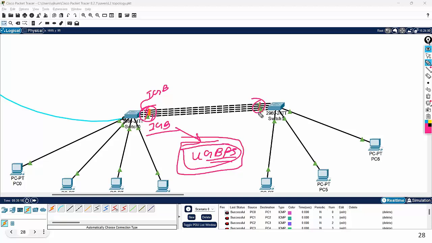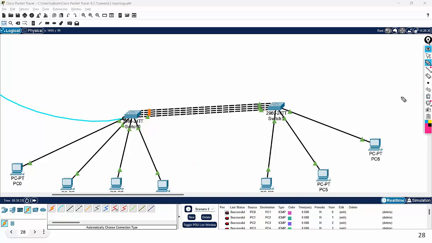I connected 4 cables from the same switch. But it does not happen because you can see there is an orange color. Orange color means the blocking state. These 3 links are blocked. Only 1 link is allowed. 3 links are not allowed.